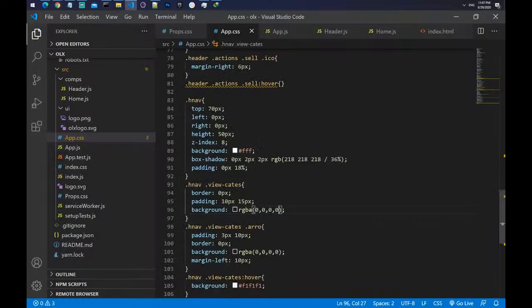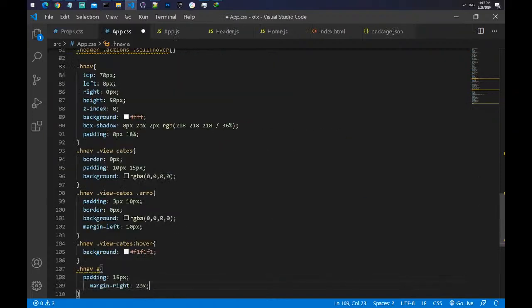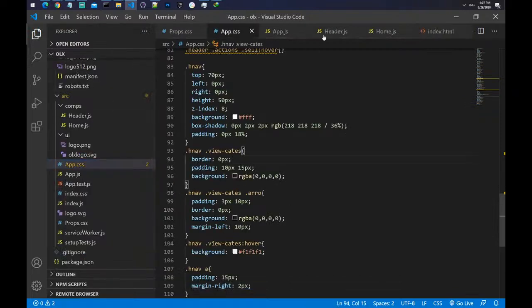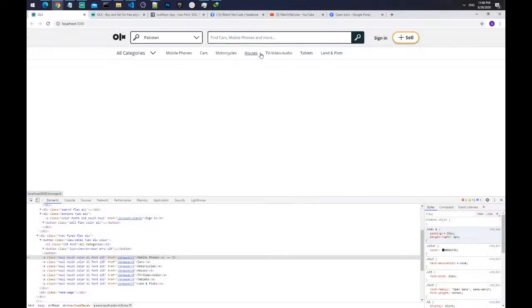Let's copy, just paste, and for the link we are using the hover thing. Perfect. Now we have our sub header ready right here,